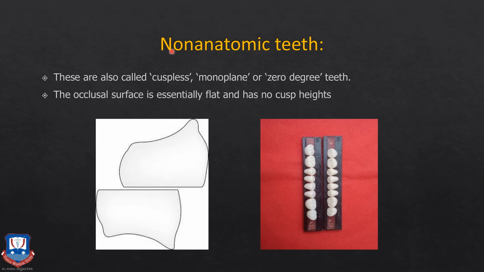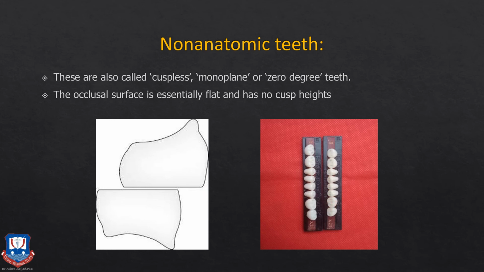So next are the non-anatomic teeth. As the name suggests, non-anatomic teeth are also called cuspless teeth, monoplane teeth, or zero-plane teeth, or zero-degree teeth, because they do not have any cusp. They essentially have a flat occlusal morphology with maybe pits and fissures. As you can see here, these are the monoplane or non-anatomic teeth. They have zero cuspal inclines, and just some grooves and fossae to aid in the chewing